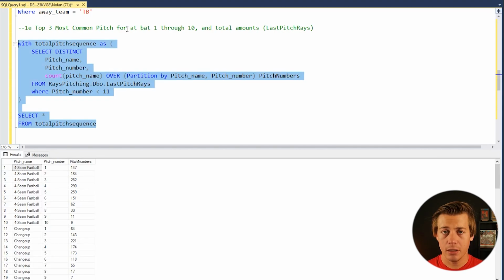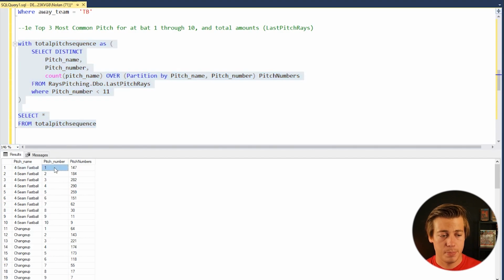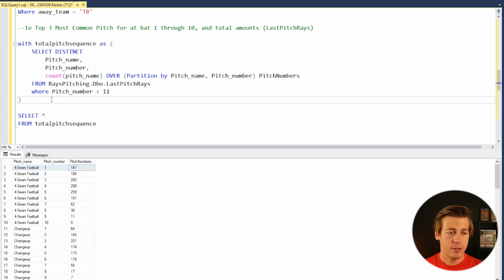And it is. Okay. So now we need to think about how we could specifically show the top 3 for each pitch number. So we might have to do this by a rank function. Yeah, I think we're gonna have to do a rank function, and then